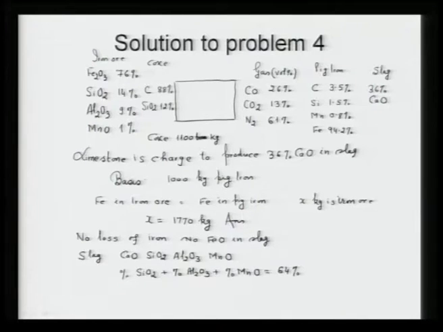So, now let us find out SiO2 in slag. Straight away, SiO2 in iron ore plus SiO2 in coke minus Si of pig iron converted to SiO2 will be equal to SiO2 in slag. If I do that, then SiO2 in slag will come to 347 kg. That is what it will come. Now, next is Al2O3 in slag.